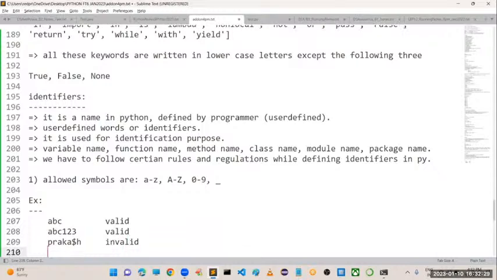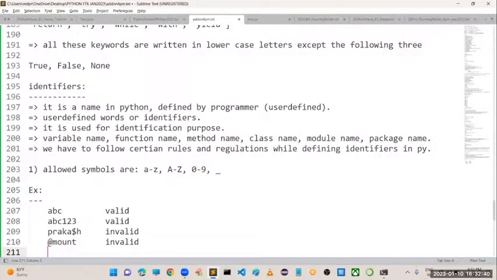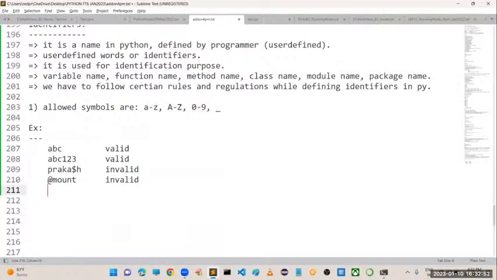Dollar is not allowed, special symbols. Suppose if I am taking amount@mount, it is also invalid, because the at the rate symbol is not included in my symbols list. That's why it is not allowed.